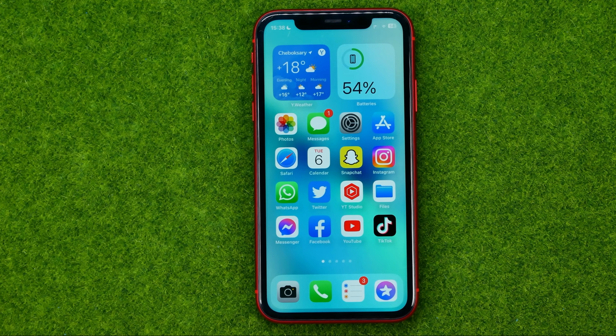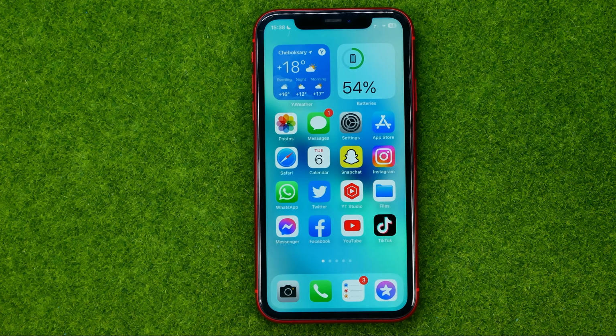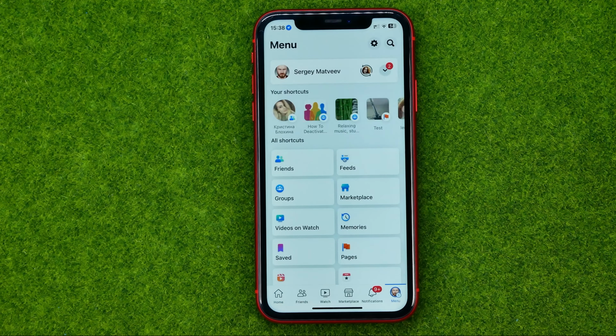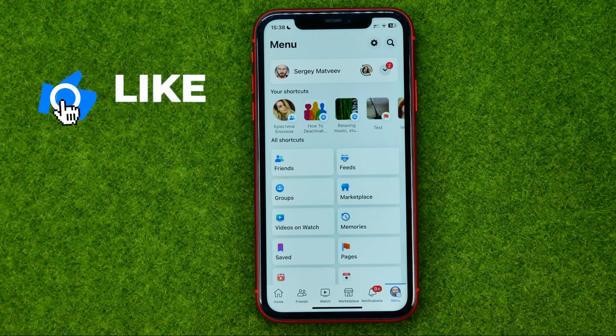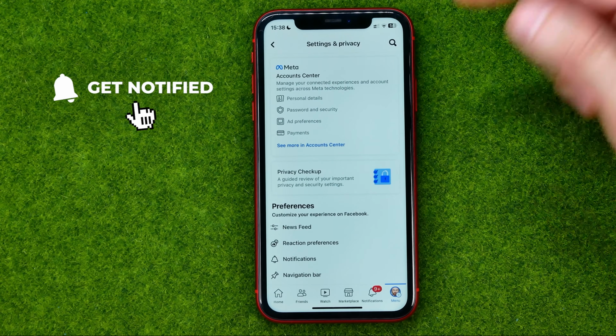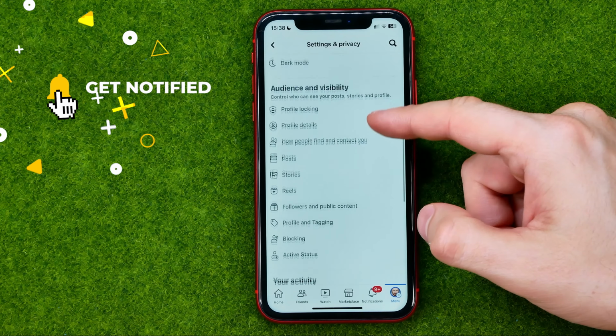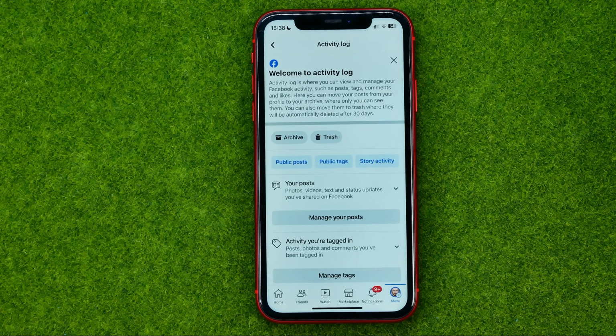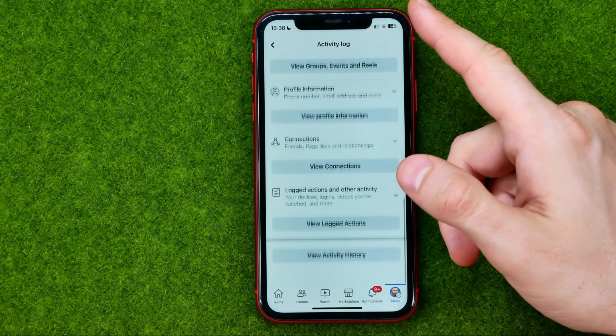So let's get started, and first off, open up the Facebook app and then go to menu. After that, tap right here at that gear to get into settings, and then scroll down and search for activity log. If you tap on it, you will be taken to this page where you should scroll down to the